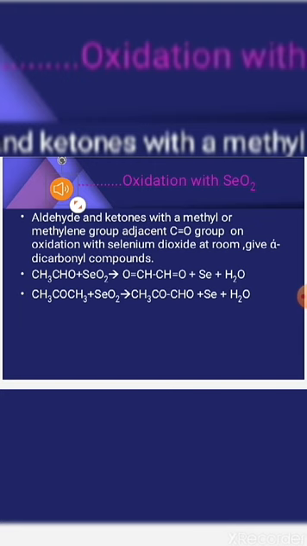Now, one of the special oxidation reactions of aldehydes and ketones, in which the carbonyl group doesn't oxidize further, but the methylene group connected with the carbonyl group is oxidized into an aldehydic functional group. By this reaction, we can prepare ketoaldehyde or dialdehyde. The oxidizing agent used is selenium dioxide, which is responsible for oxidation of the methylene group. For example, if we have ethanal, CH3CHO, it will oxidize into CHO-CHO, meaning glyoxal, a dialdehyde.